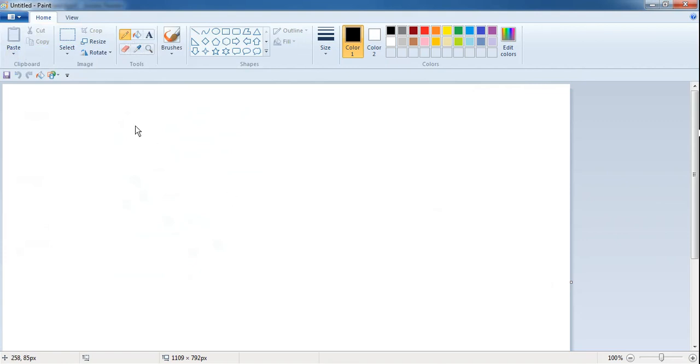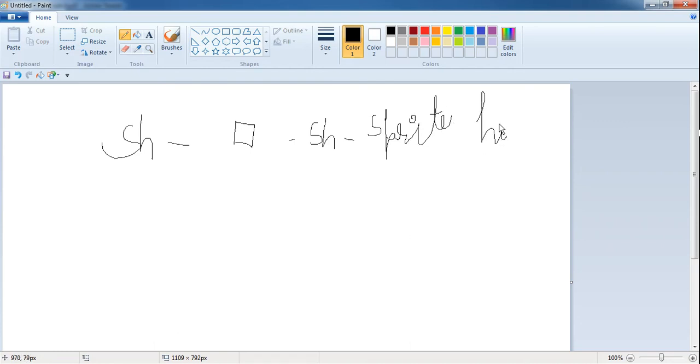After that we have sh. Sh means, like the kturtle, if you want to hide the kturtle from the canvas area, then you use the sh command. It means sprite hide. It will hide the turtle from the screen. Sorry, I am just using it the first time, so my writing is very slow.